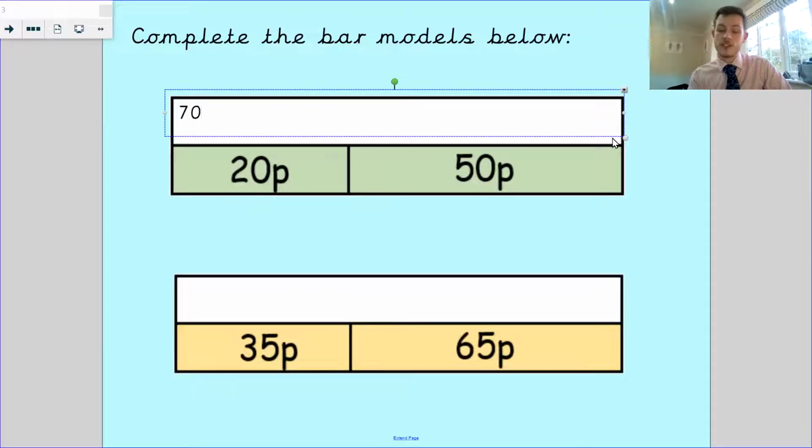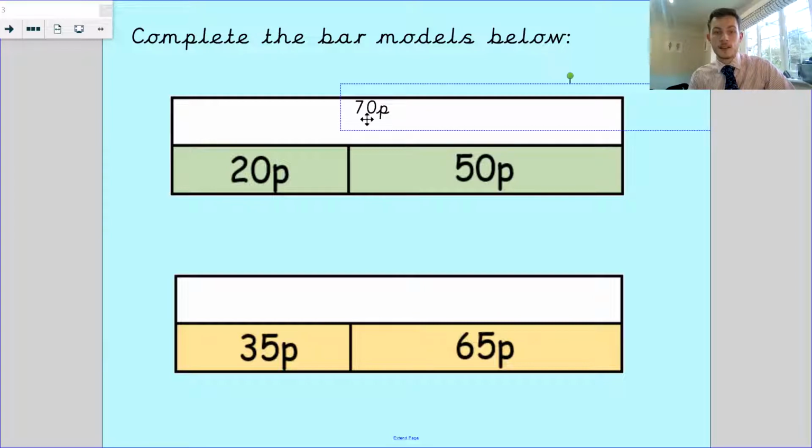70. Now, it's not just 70, is it? It's 70p because we're working in our pence. So we've got 70p there. So that's going to be my answer. It's going to go right in the middle there. Super. Next, I have